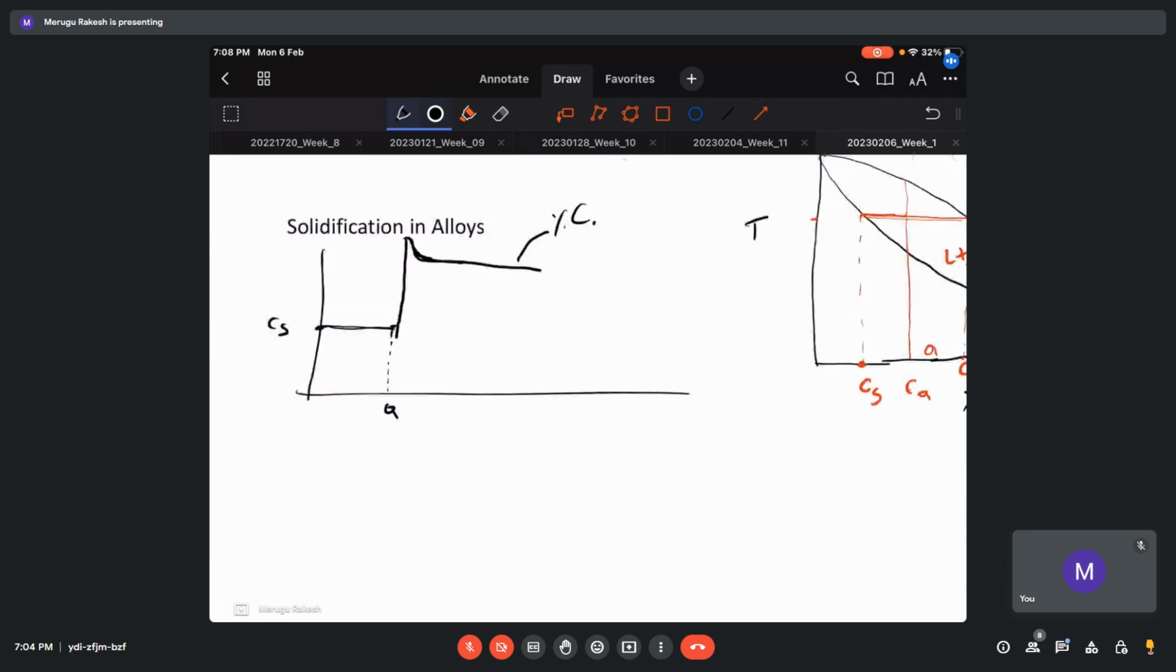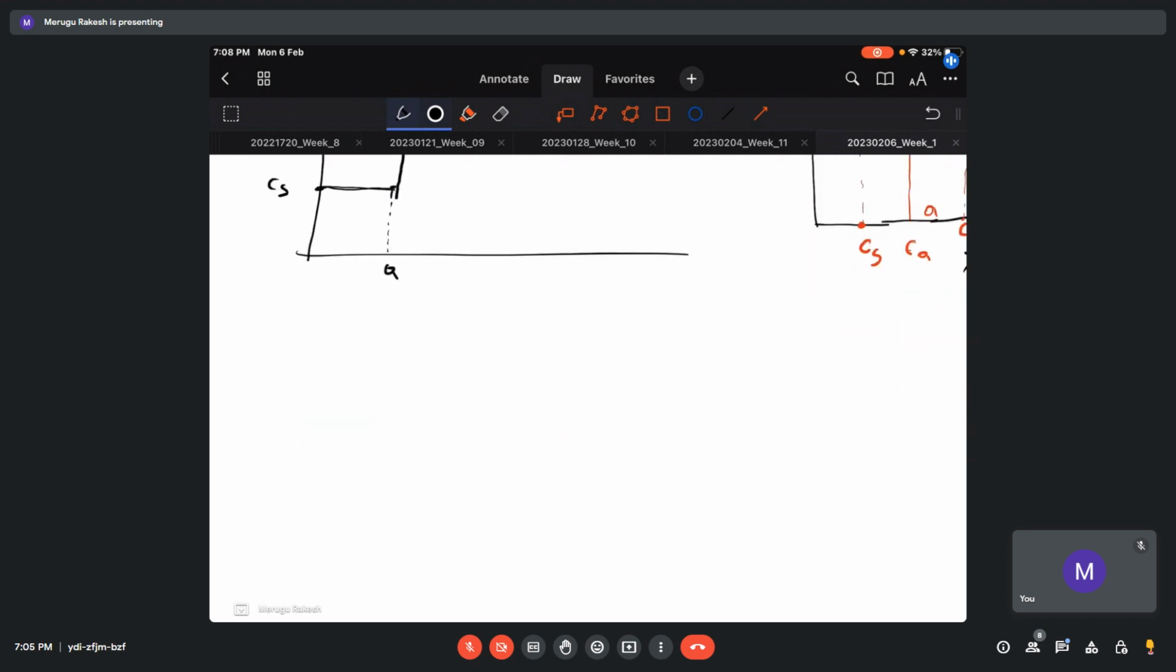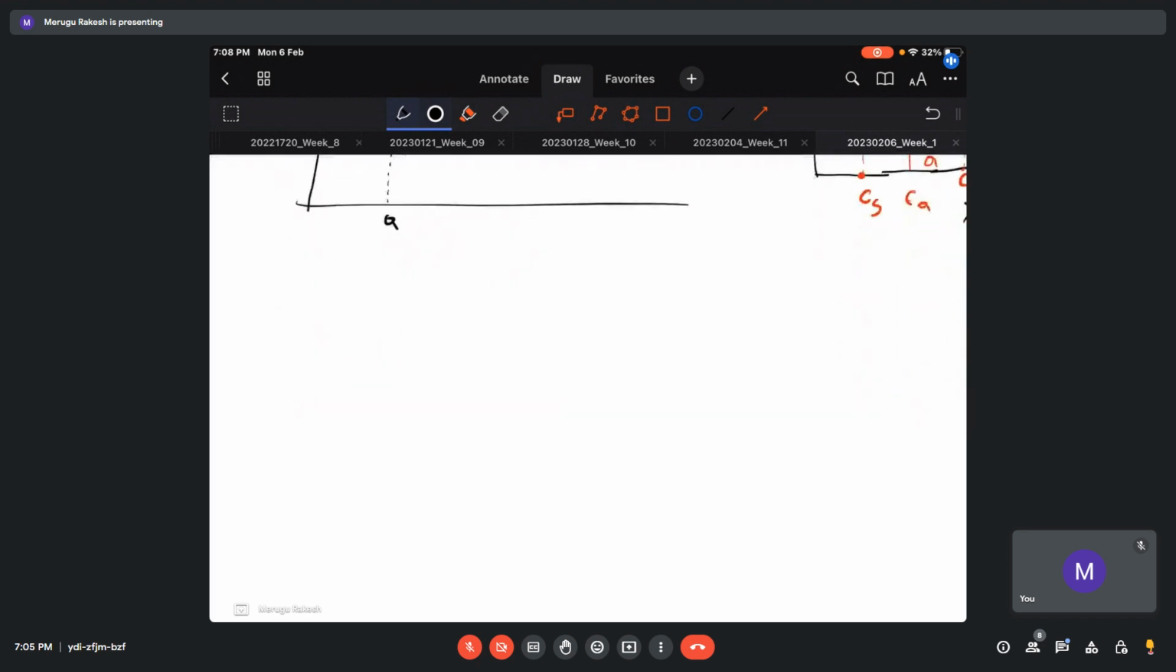Now this happens at different freezing rates or heat extraction rates. If my heat extraction is more, there is no time for this solute rejection. If the heat extraction is less, there is good time for this solute to reject into the liquid. So this region depends mainly on the cooling rate, to be precise. Now, if I see this in terms of that cooling rate,